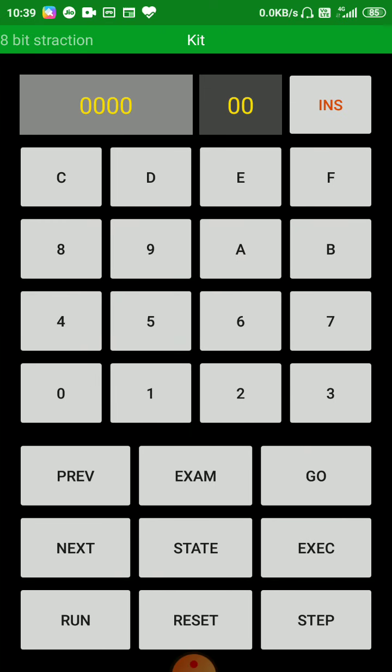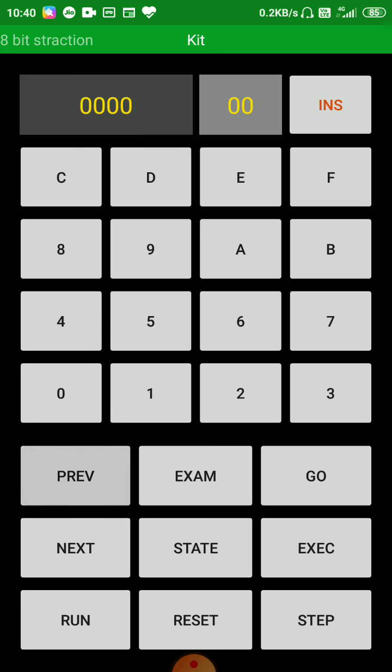And this is your main kit. You can see this is your keypad. This is for hex input. All data, all numbers you enter, whether you enter the memory location or the 8-bit data, are in hexadecimal.